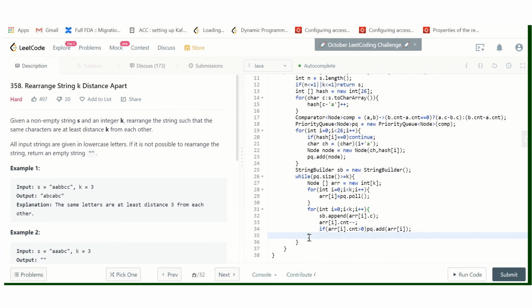Okay, so this loop terminates when its size is less than k.